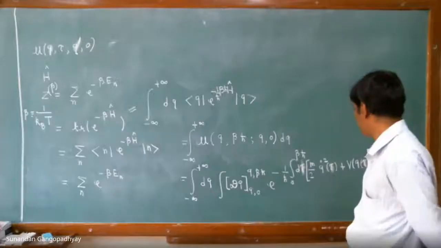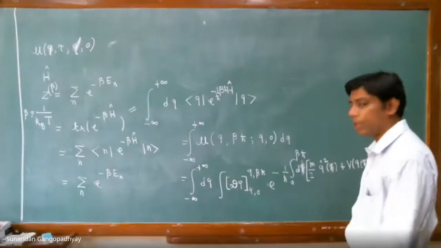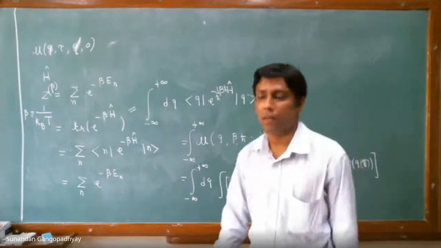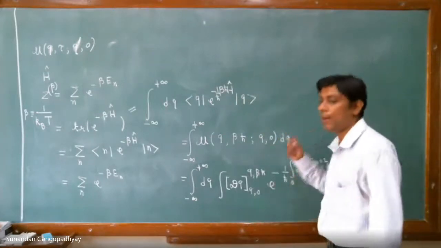Sir, the Hamiltonian, the Q part, we are making it a function of 1 by temperature. Which one? The last line for the quantum mechanical case, when we are writing the integral of q dot, tau, whole square, with tau equal to 1 by temperature. No, no, don't think of it in this way. This tau here is just a dummy integration variable whose lower limit is 0 and upper limit is 1 by temperature.